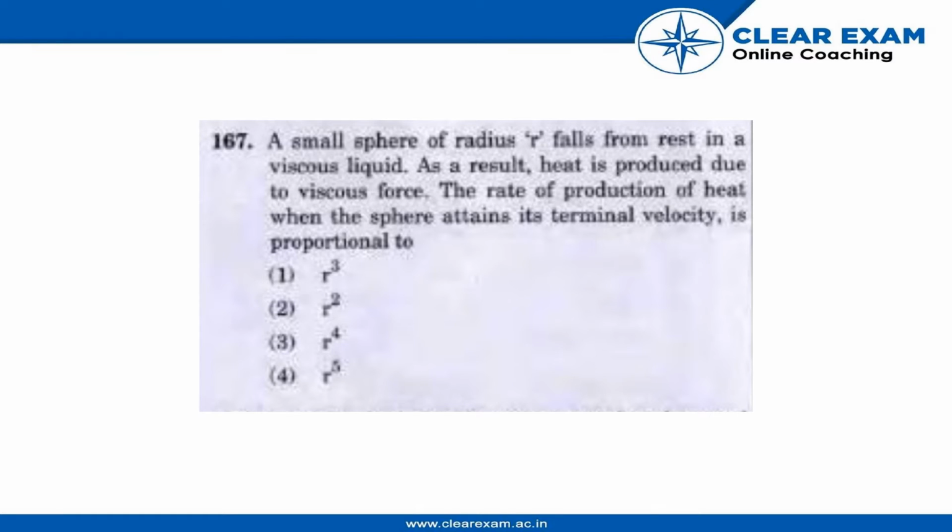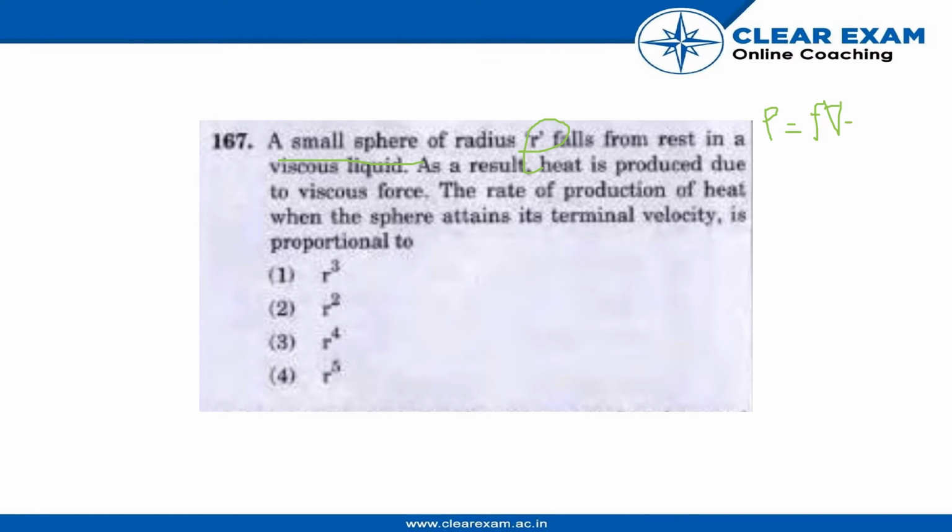Hello. So today's question is, a small sphere of radius r falls from rest in a viscous liquid. As a result, heat is produced due to viscous force. The rate of production of heat when the sphere attains its terminal velocity is proportional to. Now we already know that P equals F_v times v_t,